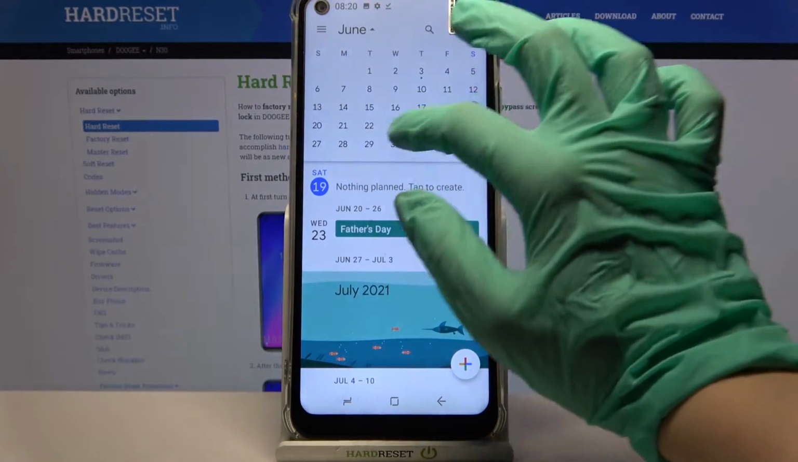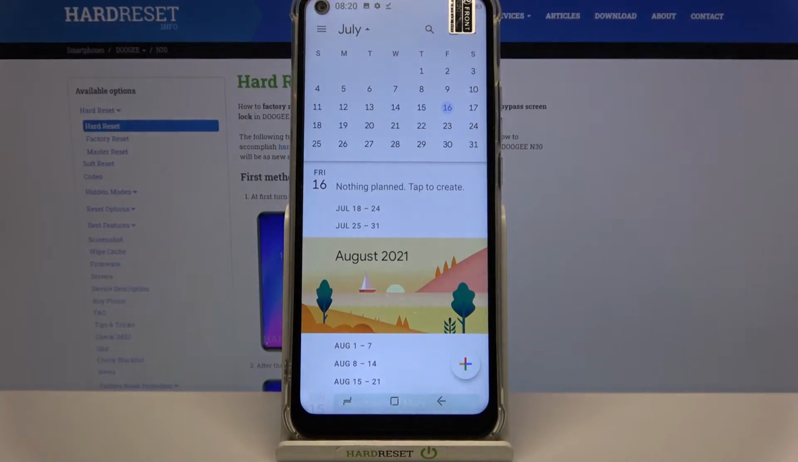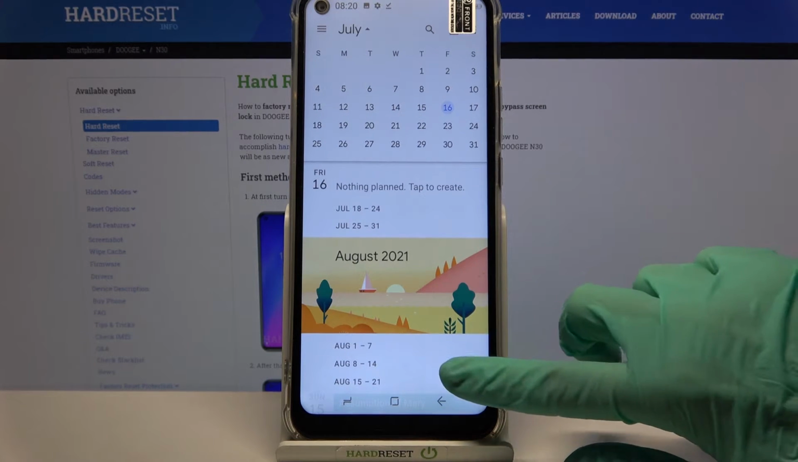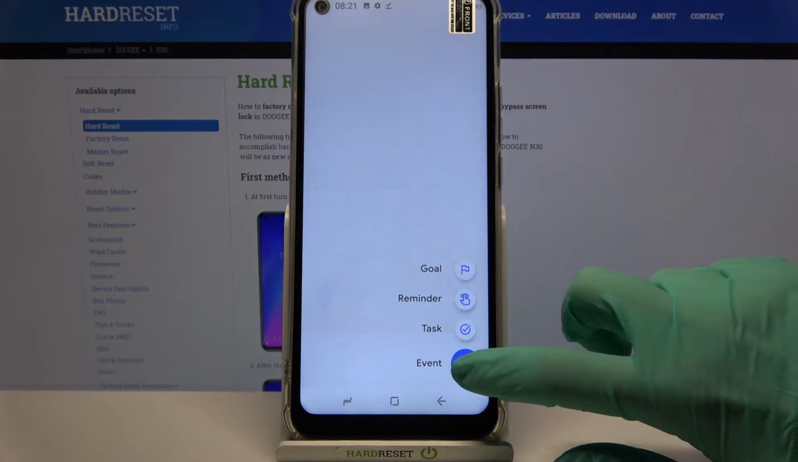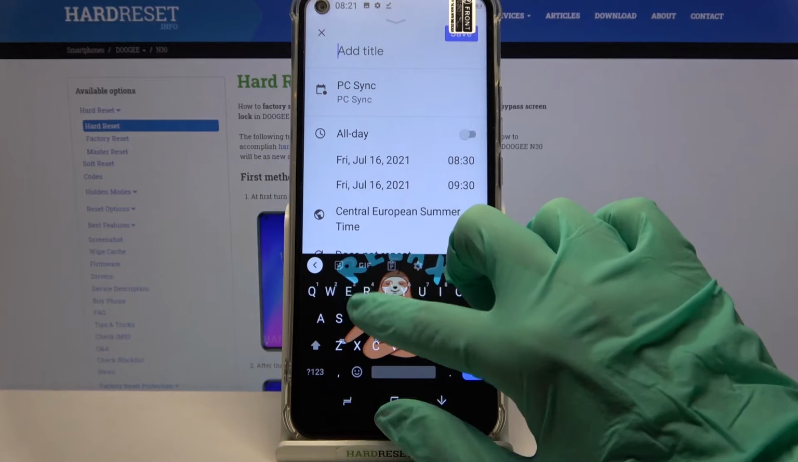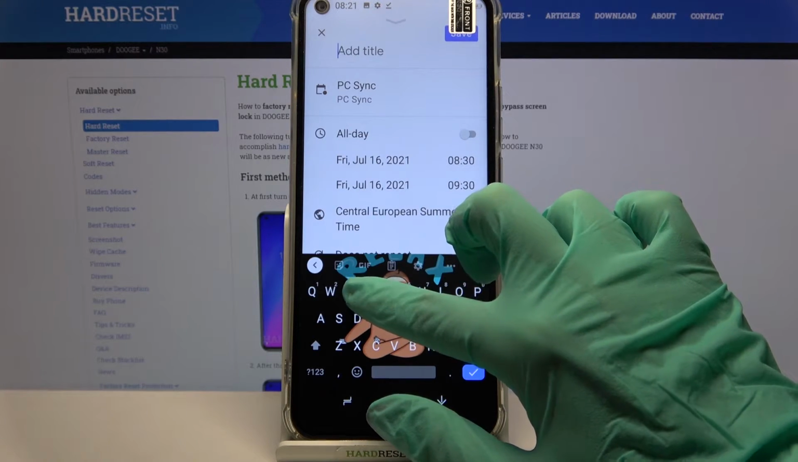Select the date by tapping on the chosen one, and when you're done, click add, this plus icon at the bottom right corner. From here you need to select event, and now you can customize it however you want to. For example, you can add a title,